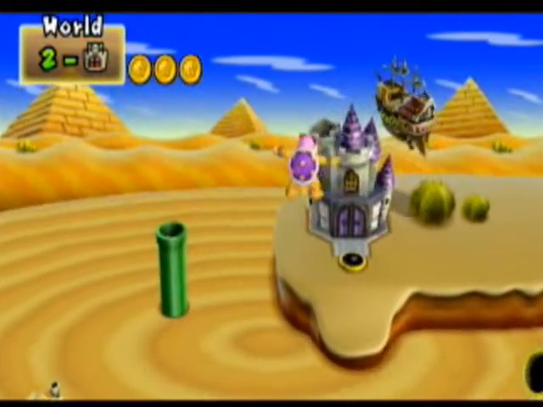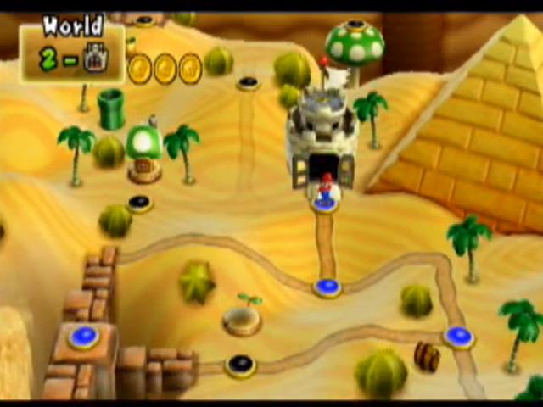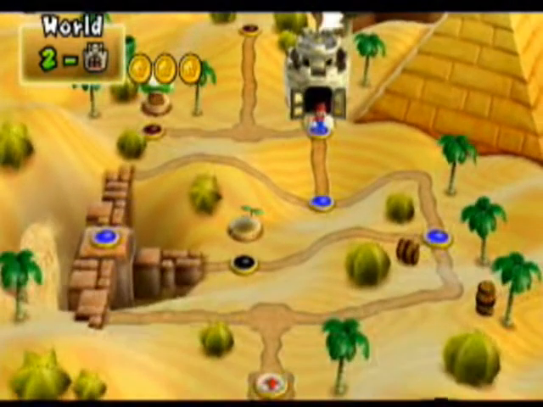But either way, now that we've beaten him, he will retreat to the castle. And just like that, the first half of World 2 has been completed. I'm not going to do the one-up house. I'll save that for next time, which we actually have not seen one of those yet, so...